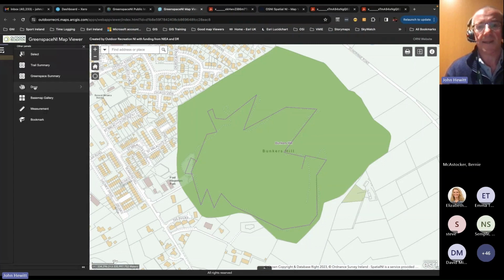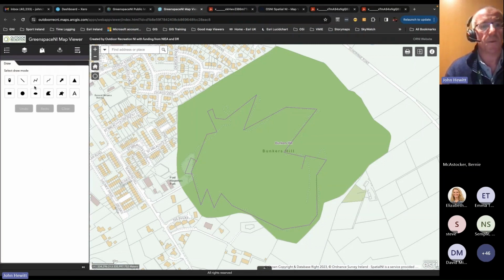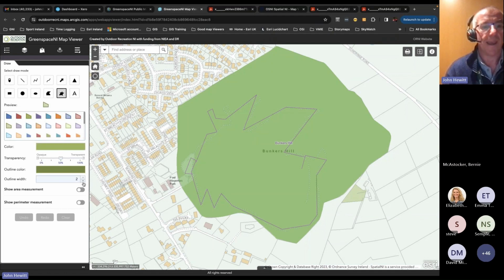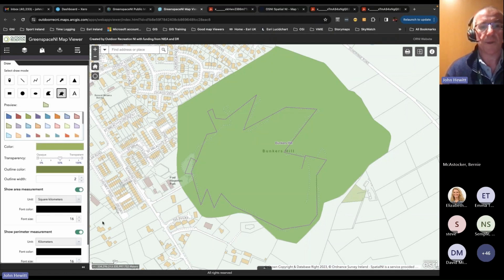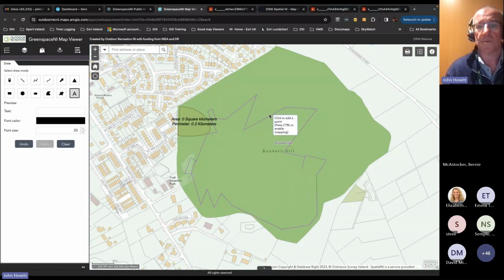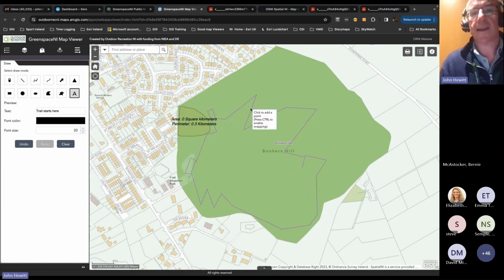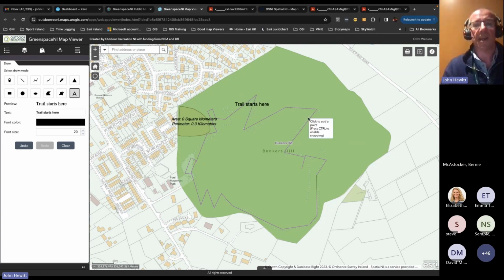And I might want to annotate the map with some information as well if I want to share this with others. So I'm going to draw a little area here. I'm going to turn on area measurement and perimeter measurement, and maybe put on an area here. Maybe I want to create this as a car park for the trail. I can create some text as well and say, trail starts here, and add that in, so I can annotate my trail